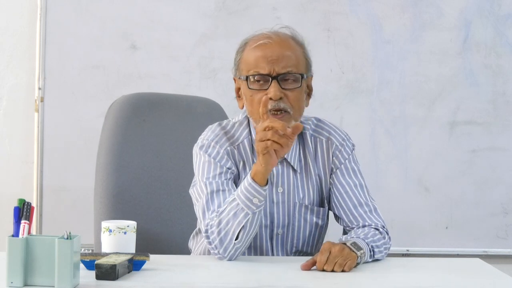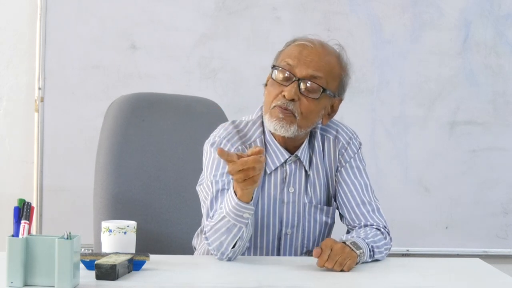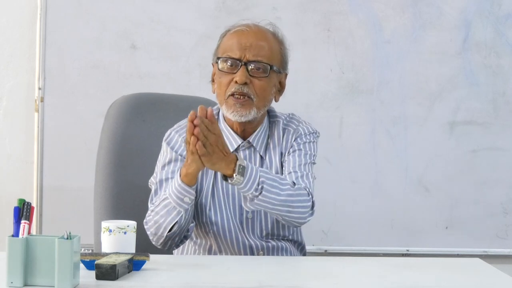Then you will find extensor carpi radialis longus. Okay? Extensor carpi radialis brevis will be arising from that common tendon which is giving rise to those three muscles. So it has a common origin with them, extensor carpi radialis brevis. So first you will find the extensor carpi radialis brevis muscle, then you will find the extensor carpi radialis longus